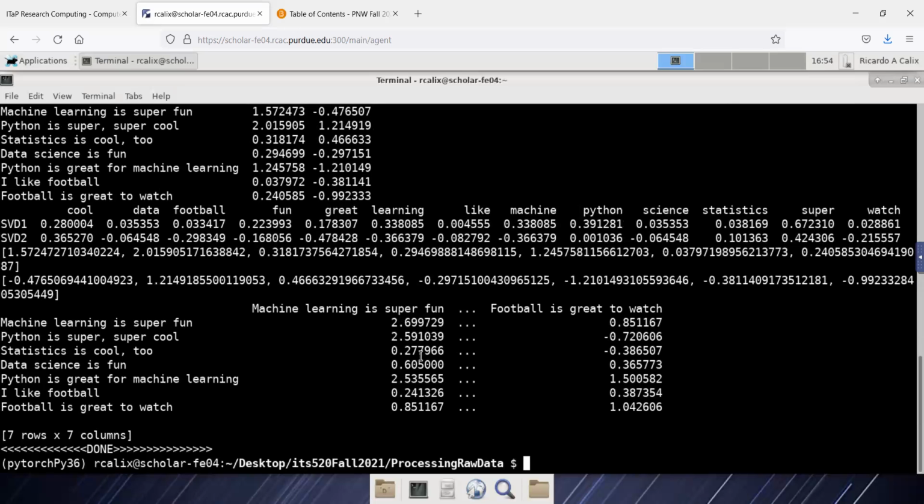Yeah, I was hoping I could, I'm sure there's a way to list them down, but it's not doing that. So anyway, we can see here that